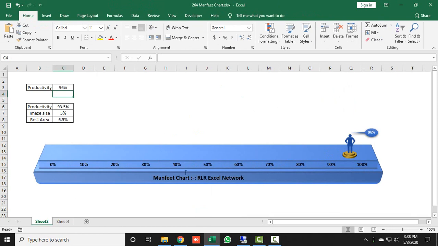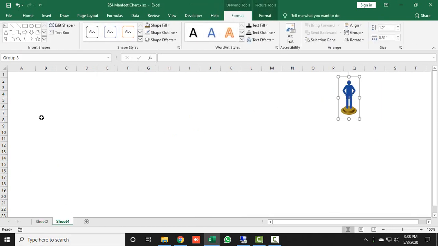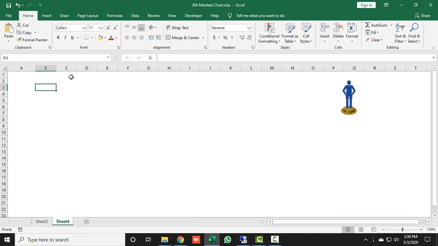Now I need to just create this scale. For this I will add some data. I'm taking productivity here as a random value, but you can put in your actual productivity.